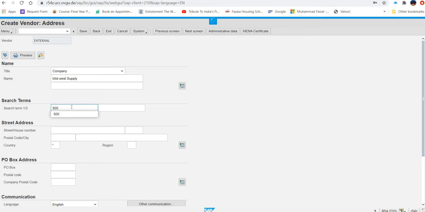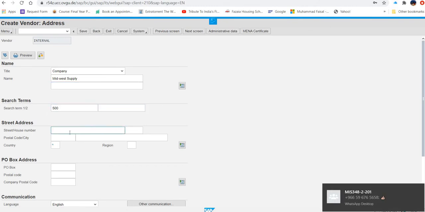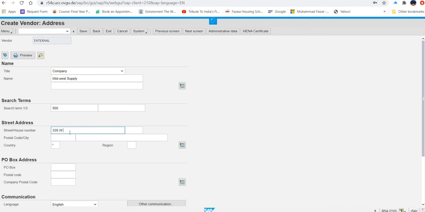And then the street address you have to enter, that is 335 W Industrial Lake DR. So we enter the street address here.